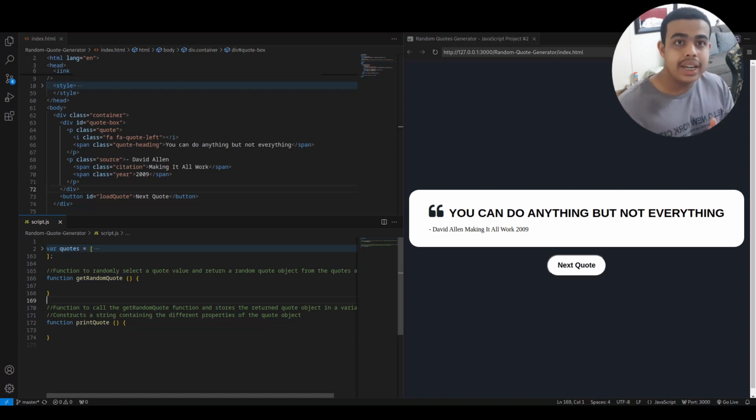Will be displaying it in a HTML form. That all works is going to be done by the print code function. So let's write the code in our get random code function. The first thing that we need to do is get a random number from our var quotes